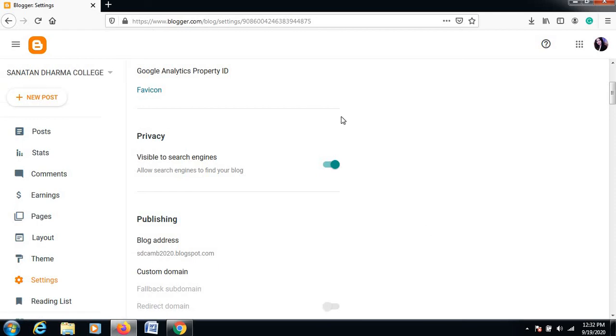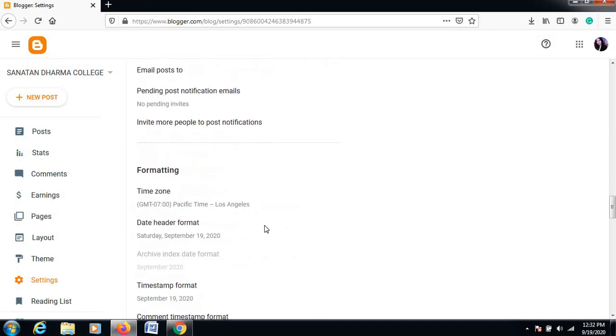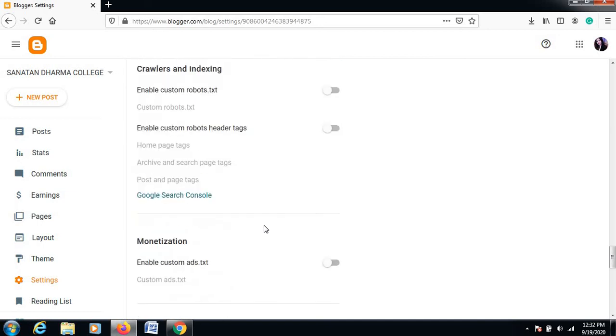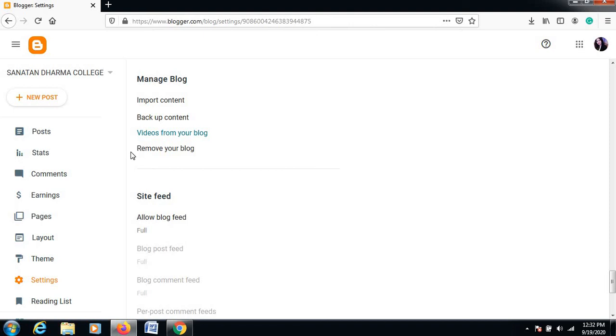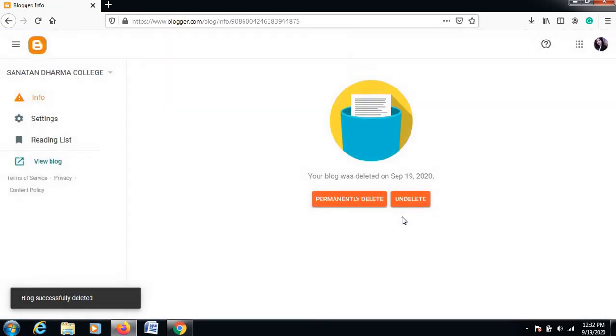And the main thing I want to explain in the settings part is how to delete the blog. If you want to delete your blog, then find the link, remove your blog. From here you can simply remove your blog by clicking the remove button. Just click on delete, it will remove your blog.